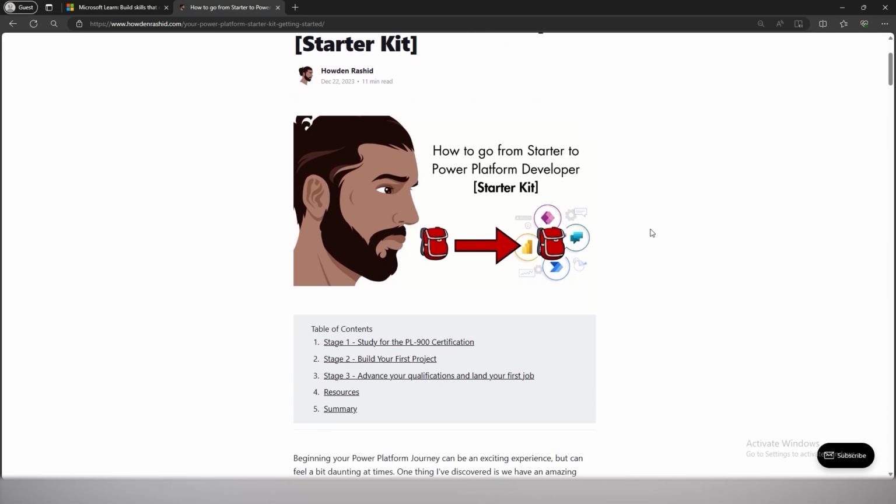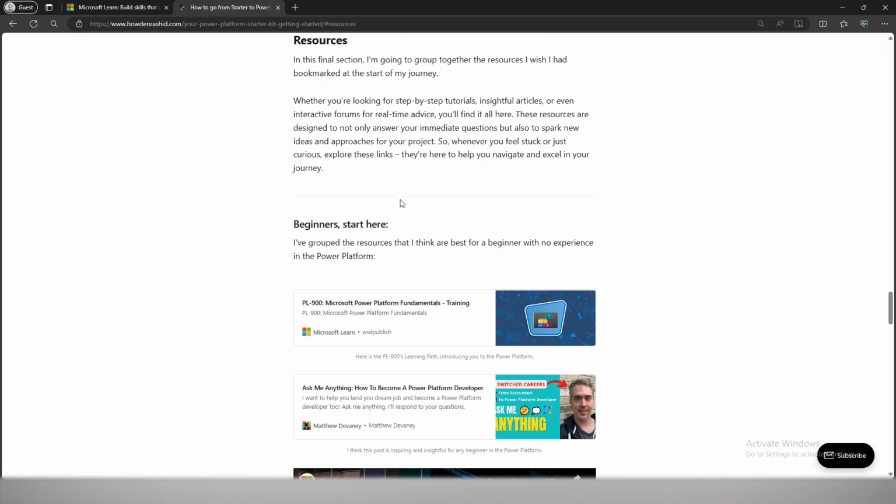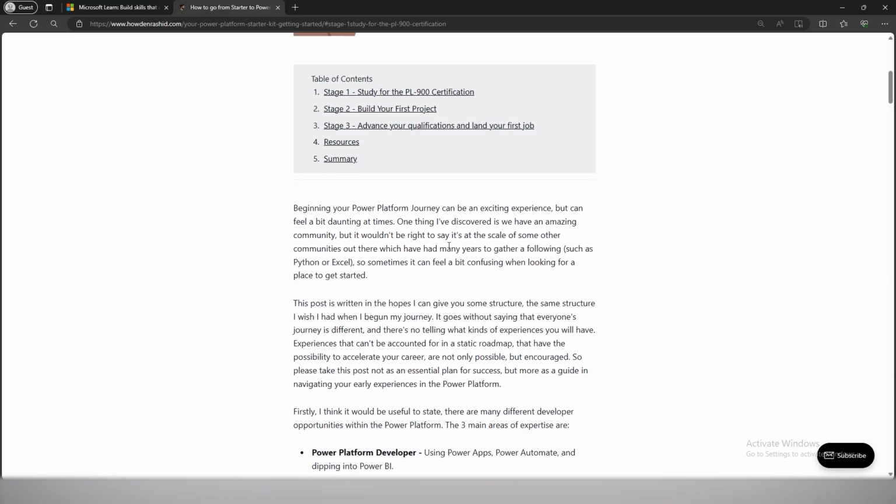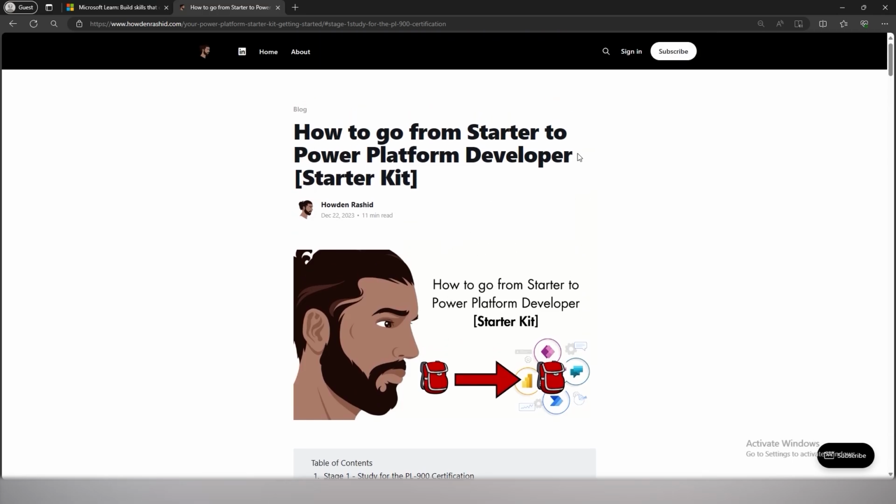So if I scroll down to the table of contents, you've got different stages that you can take, different resources that I recommend, as well as giving you some possible learning paths that you could take depending on what you want to be. So definitely have a read through there,